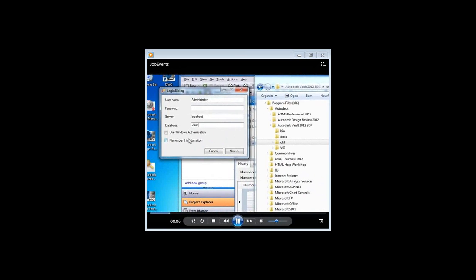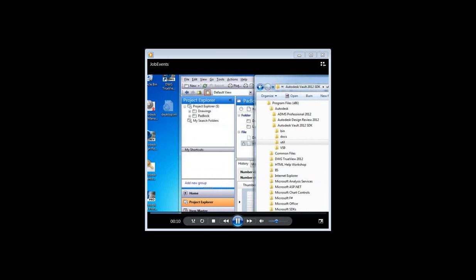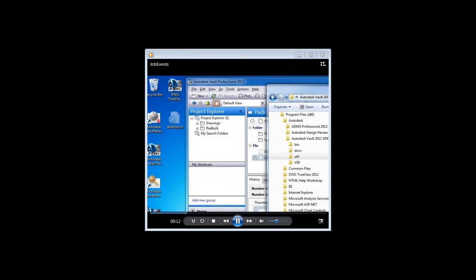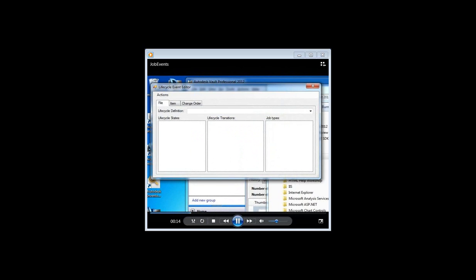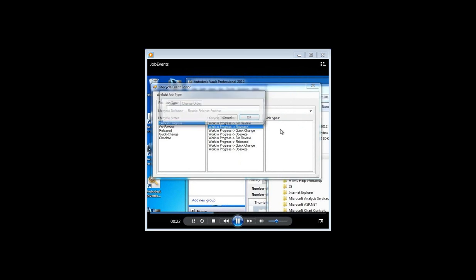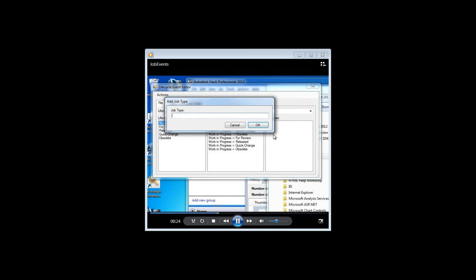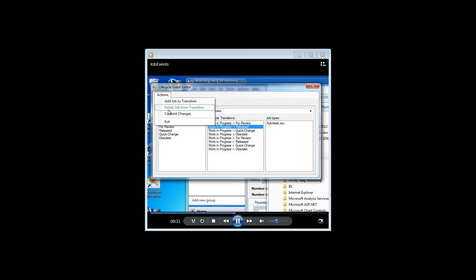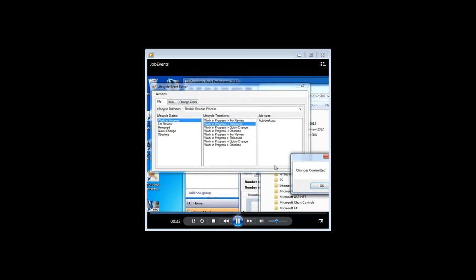I'm just going to the lifecycle event editor in the SDK, selecting a transition on files. So I'm saying if I go from work in progress to released, this is the job type I want created. So you click OK on that, commit the changes,